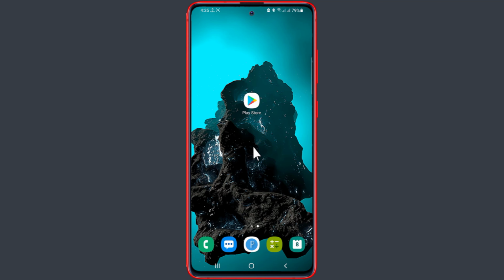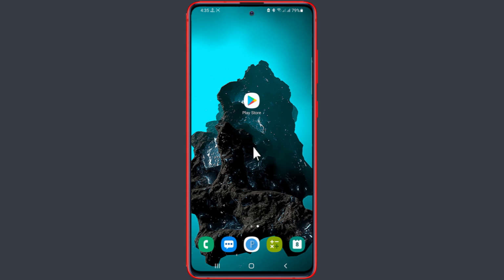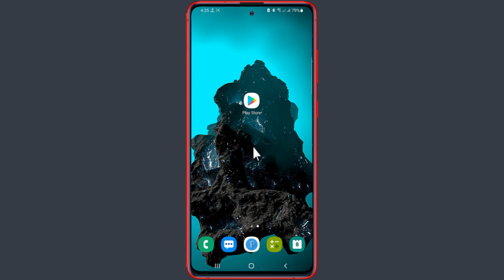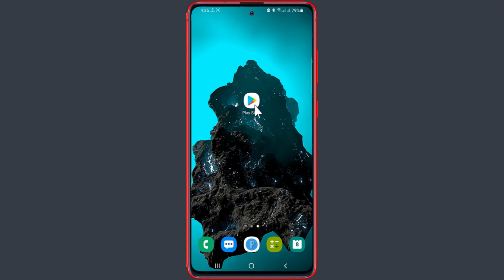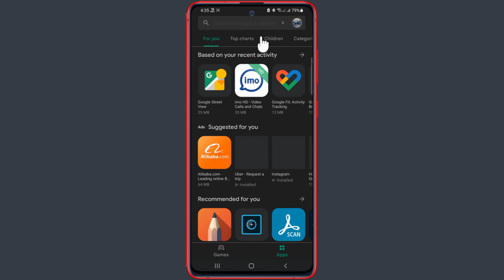Method 2. Using Photo Recovery app. There are several apps that claim to recover deleted pictures on Android smartphones. Here is one of the best Android photo recovery. Go to Play Store. Now search for Disk Digger Photo Recovery